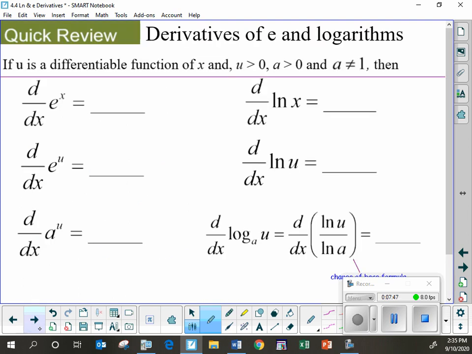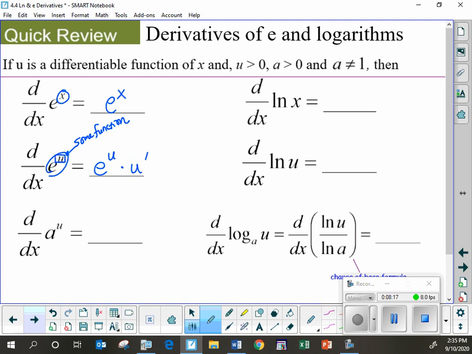All right, derivative review for e's and logs. Well, we all know that the derivative of e to the x is itself. It is e to the x. If I have e raised to the u, where u is some function, usually some function of x, but it's something a little bit more complicated than just a simple little x, maybe it's 3x squared plus 7 or something, right? We would have e to the u times the chain rule, u prime,